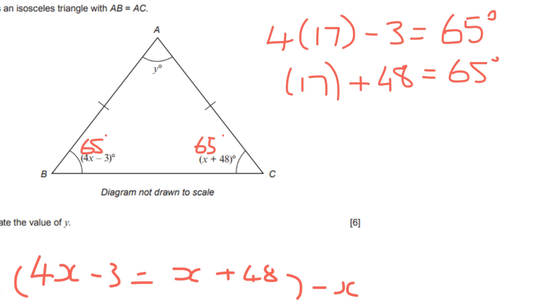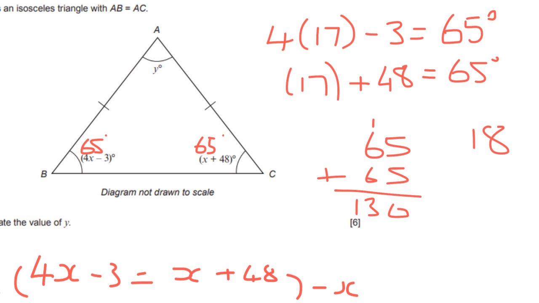Now I need to work out y. To get that, I need to add up the two values I've got. So 65, add 65, which is 130. And then do 180, as that's how many degrees in a triangle. Take away the 130, which will give us 50 degrees. So y